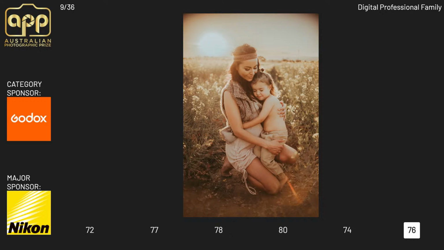Yeah, we've got some beautiful connection here between Mum and Bub. I think in order to bring this image up into that next scoring range, I feel like the treatment, the post-production of this is quite heavy-handed. There's some kind of burnt edges around the corners, and I appreciate that this is going for more of a vintage sepia feel. But I think if the artist were to pull back some of those colors, we could clean that up and really elevate this image. Absolutely. And watch the highlights. Yeah, great feedback. Next image, please.